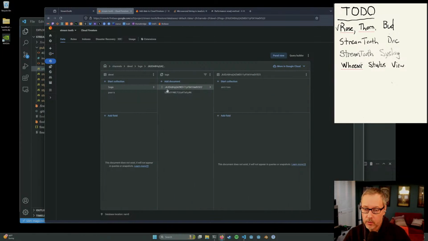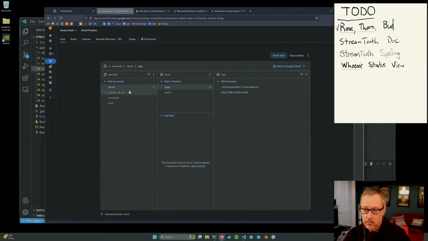I mean, if I'm enumerating, if I just delete this document, won't that fix everything?